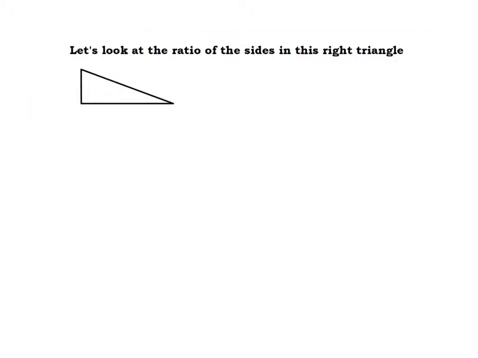Trigonometry comes from the word triangle, and metry is like the measure of triangles. So when we look at the ratio, because we just came out of doing ratios, look at the ratio of the sides in this right triangle. What we're doing today is all about right triangles, so we will assume that's a right angle right there. And so we're going to compare, and this is hard in class, I'm able to enlarge that little triangle, but what we do is we compare